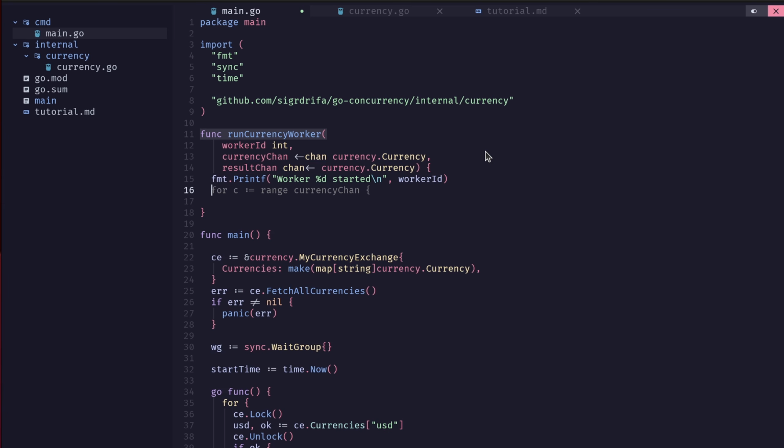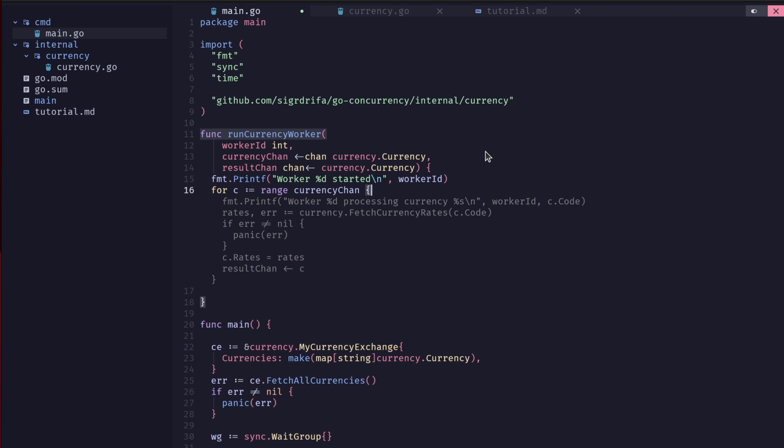So how does this work? Well, channels are great because they're implemented in a way that allows you to treat them like other data structures you're used to. In this case, we can actually iterate through a channel using the for and range keywords that we know from things like lists, slices, and maps. Copilot's kind of done it for us already, but we can walk through it. This worker will sit here